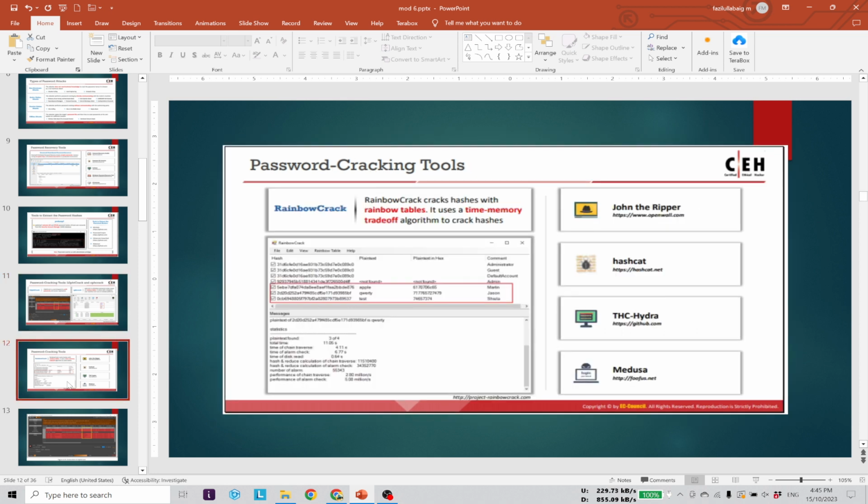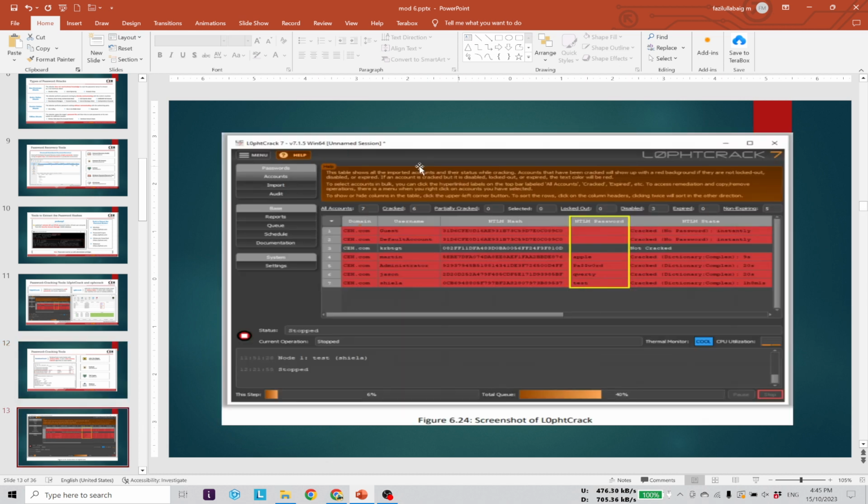Password cracking tools. Some more tools are here: John the Ripper, Hashcat, Hydra, Medusa. These tools are also available. Also, see this, there is one tool, L0phtCrack, and they have given some examples. If you see here, I hope you can see properly